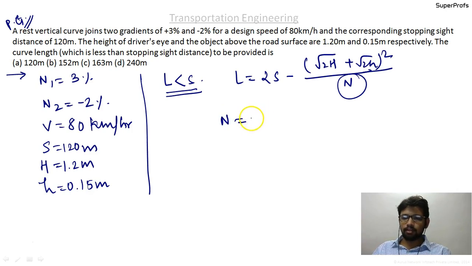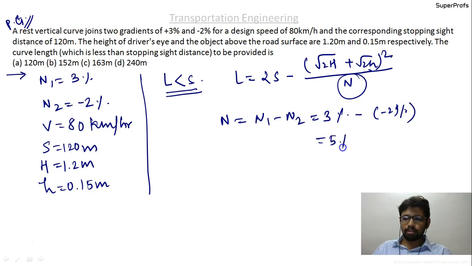N is given by n1 minus n2, which is equal to 3% minus of -2%, which is equal to 5%. So L is equal to 2 into 120 minus